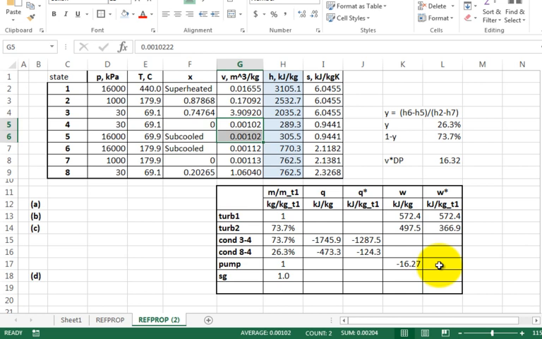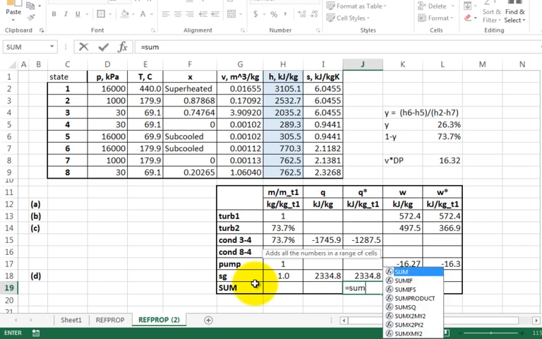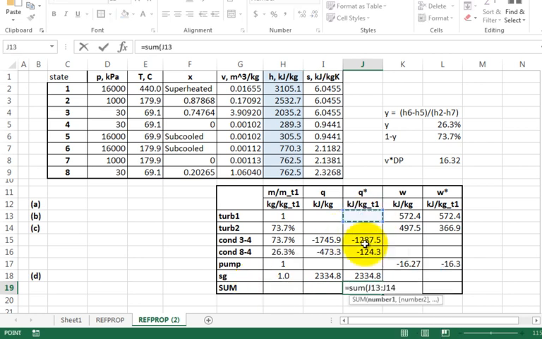Okay, let's continue on. This is still a 1-to-1, so I'm just going to copy that over. What about the steam generator? It's an add, and it goes H1 on the outlet minus H6, I believe, is the inlet, isn't it? And then this is a 1-to-1, so there you go. Now we're going to do a sum right here, S-U-M. Don't sum the Q, sum the Q asterisk. Sum this column, right? And it will give us